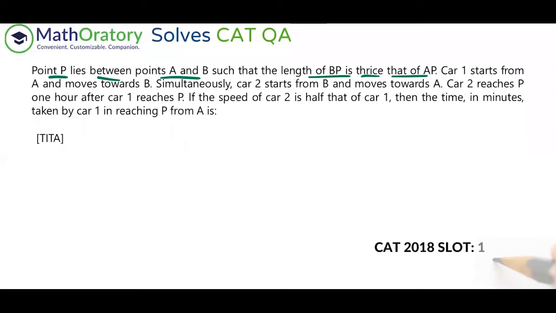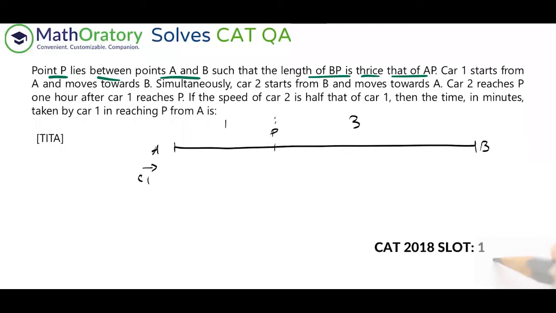So let's first draw the line to indicate the distance. So let us say this is the entire distance, A to B. And let's say this point is P because A is closer to P, 3:1. So let me do that. So this ratio is 1:3, right? Great. Now car one is moving from A to B. So this is the movement of car one, and car two is moving from B to A, and they're starting